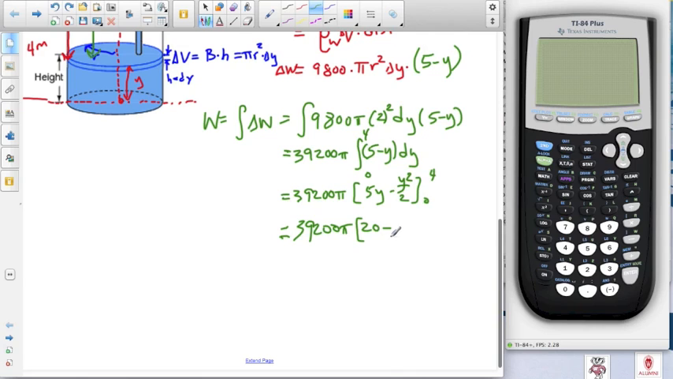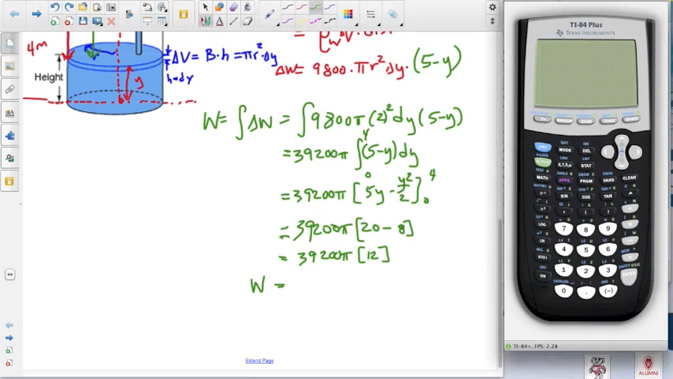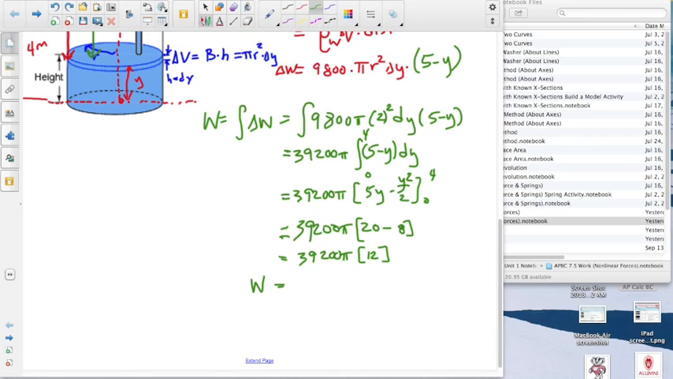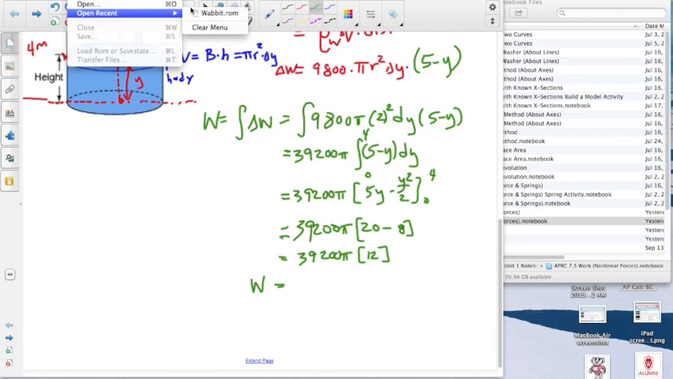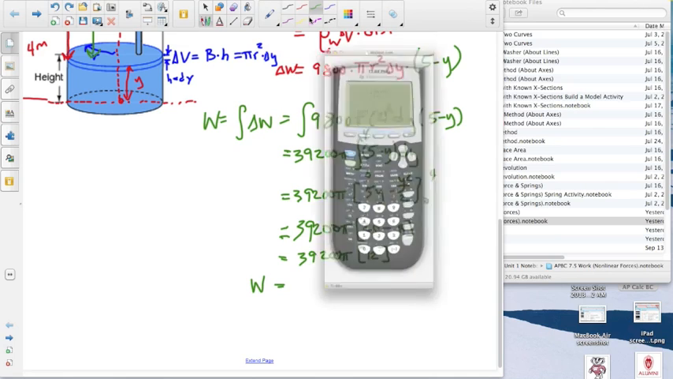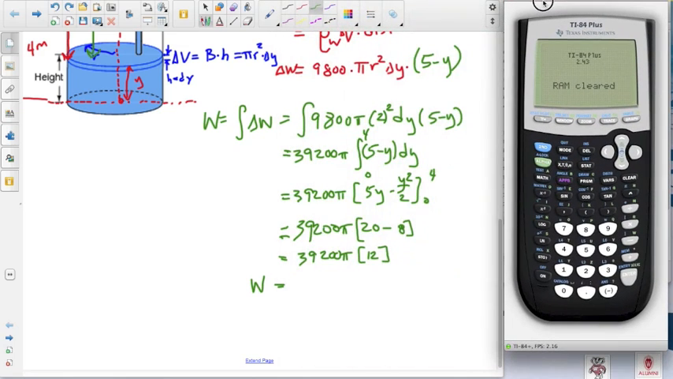16 divided by 2 is 8. And so 39,200 pi times 12 should be the amount of work done to empty that tank. So if we come back here and just do a quick calculation here,